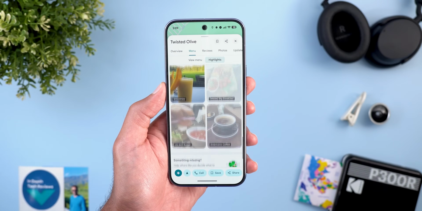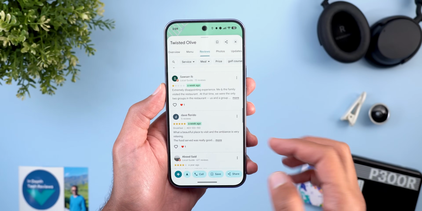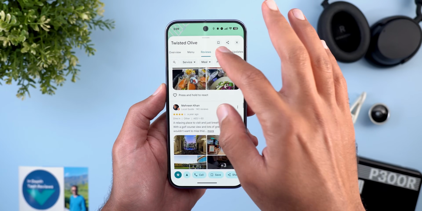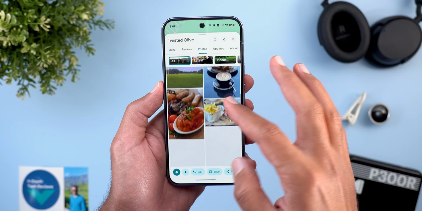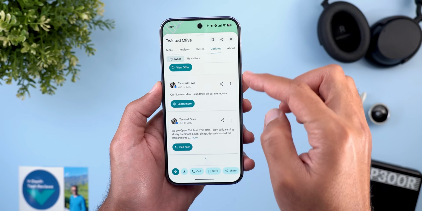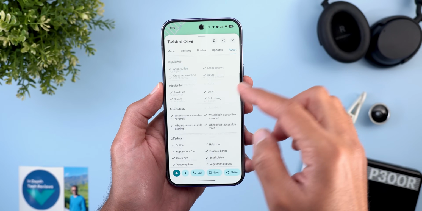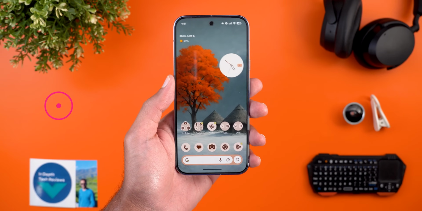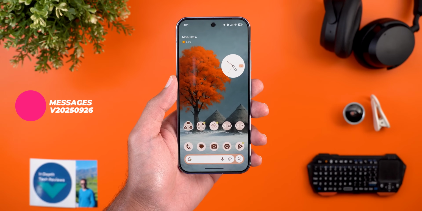And here's how the menu page looks. This is the reviews. Then we have the photos, more rounded corners as you see here. And then we have the updates page. And finally, the About. Now let's end this video by talking about the apps that only got one new change,